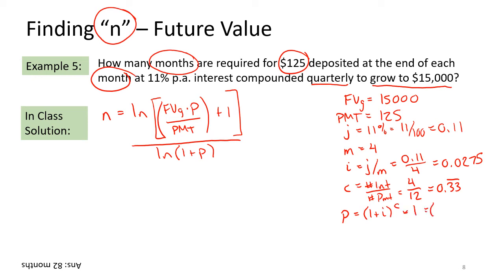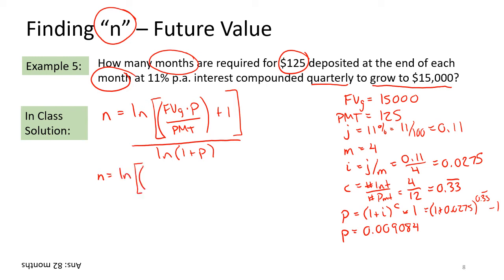And that's equal to 1 plus 0.0275 to the exponent 0.33, again a repeating decimal, minus 1. And if we calculate that out, we get a value for P of 0.009084. Okay? That's everything we need here because we don't need to calculate n, because that's what we're trying to find in our formula. So substituting all those values in, n is equal to the ln, and in the numerator